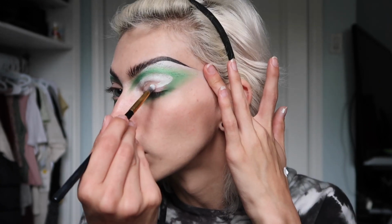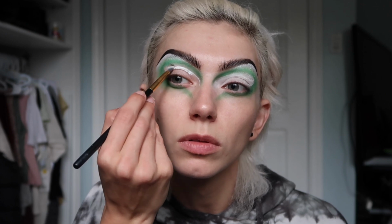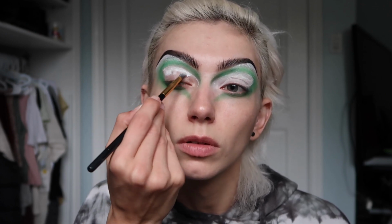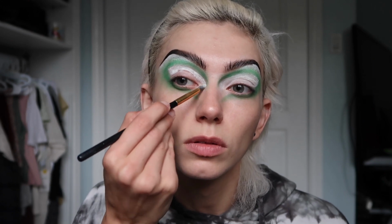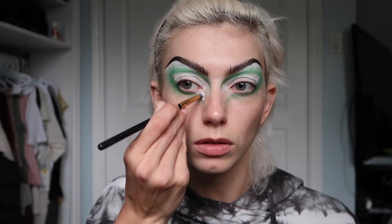We're taking some of that white foundation and we're going to just be cutting this new crease. So this is your new crease for yourself. We're creating a huge eye. Our eyes are now giant. That's the whole point. And we're going to be extending this white down our face as well and making it